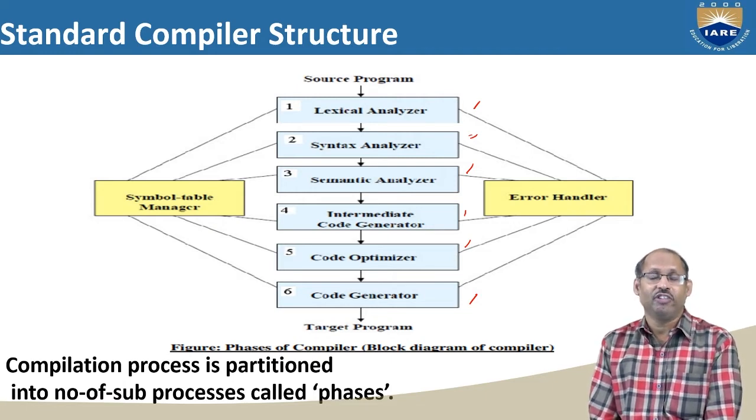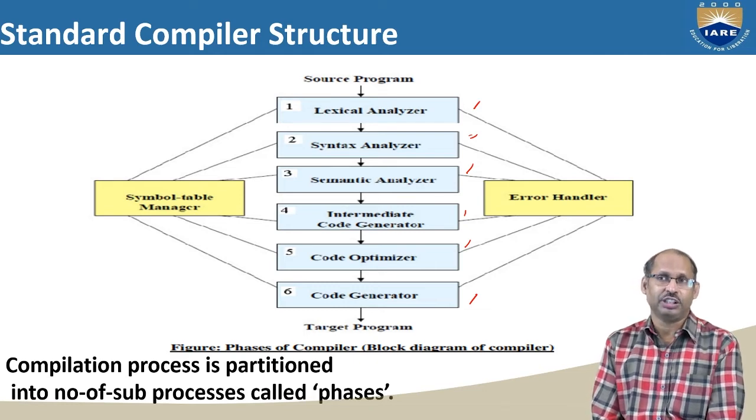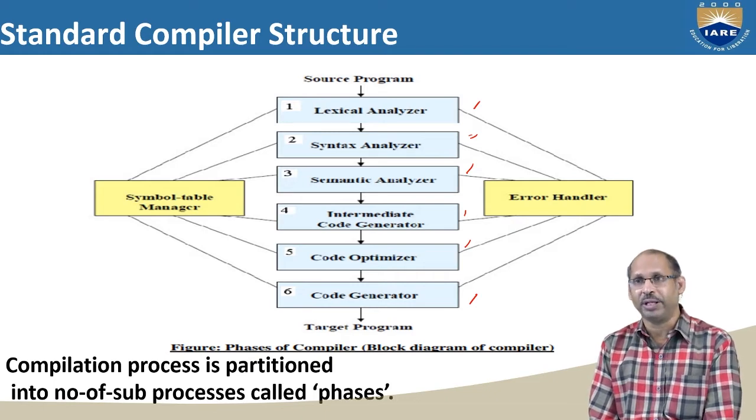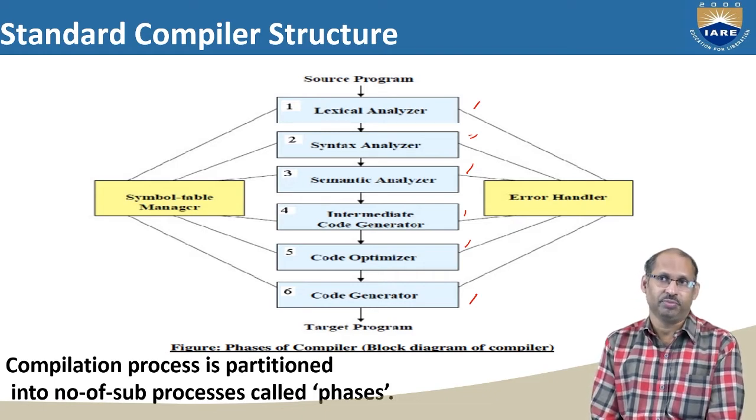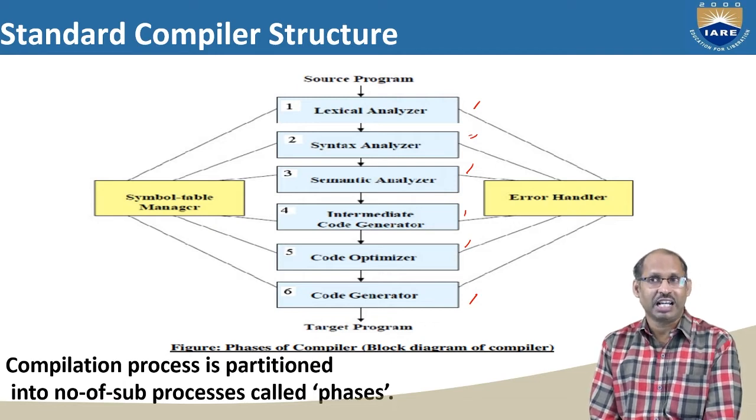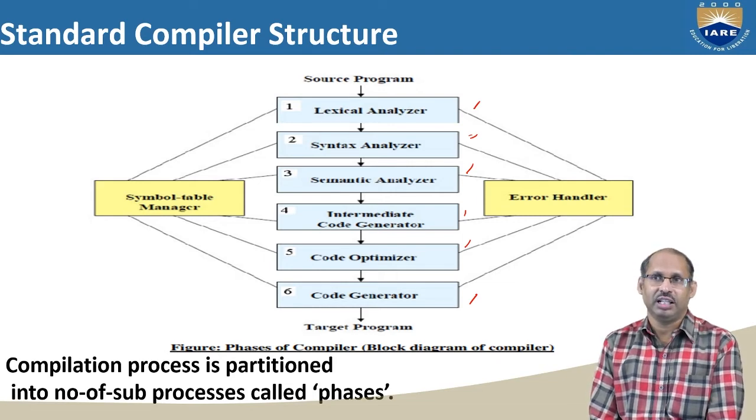This code generator will convert this intermediate representation to the target program. It might be an assembly program or it might be a machine level program, right? This code generator will convert this 3-address code, the optimized intermediate code form, to the final assembly language program or the machine level programming language. Here, symbol table and error handler are the two other phases which connect with each phase